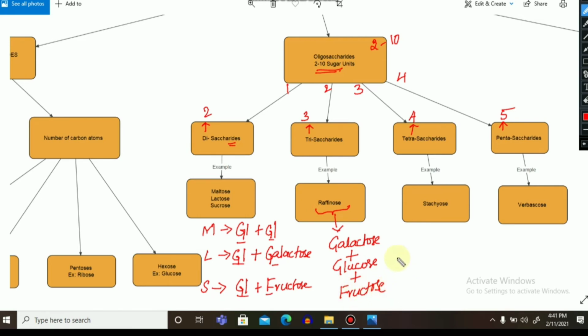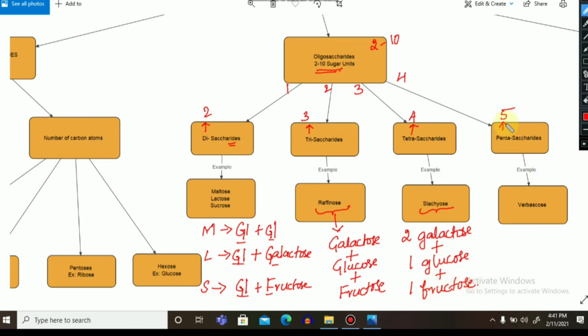And then tetrasaccharides, example stachyose. So this stachyose will be made up of four sugar units, right? So here we have got two galactose and one glucose and one fructose,